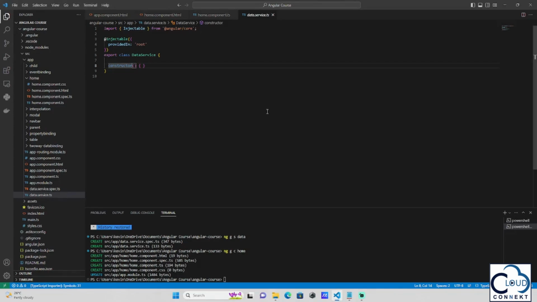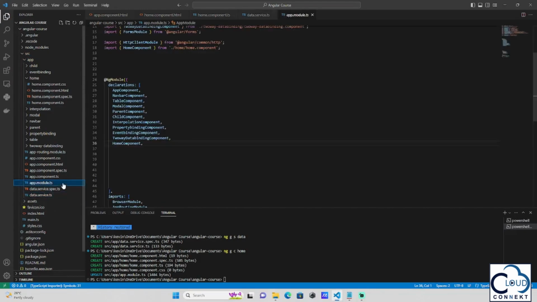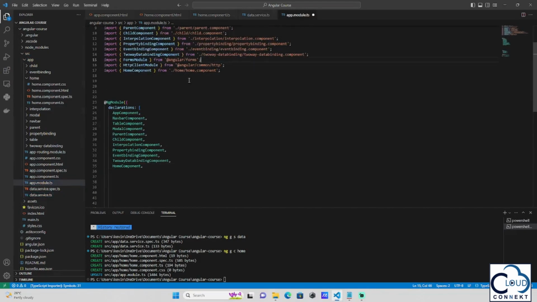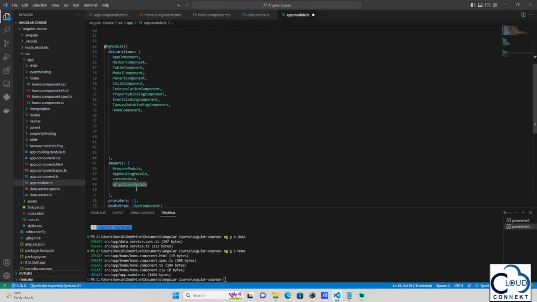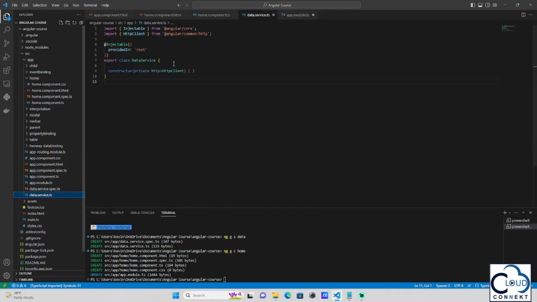So in here, we will first inject the HttpClient module. How do we do that? We will create a private variable http with a type of HttpClient. And then in our app.module.ts, you always have to make sure that the HttpClientModule exists in the imports array. And afterwards, in our